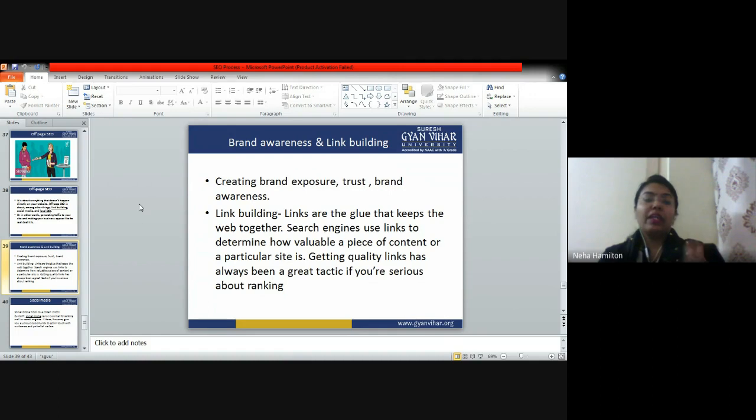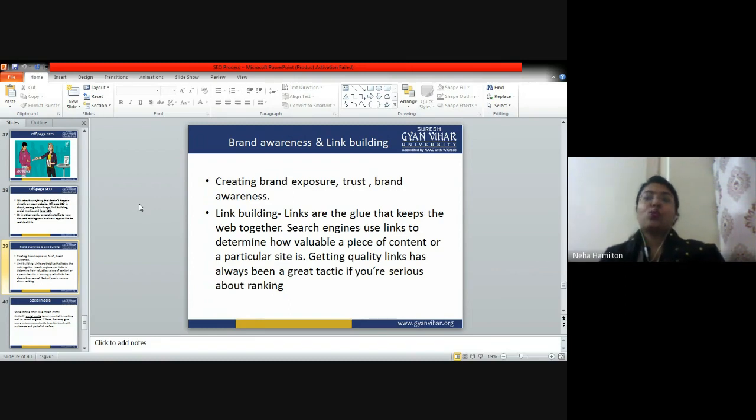Okay, links are the glue that keep the web together. Search engines use links to determine how valuable a piece of content or a particular site is. Getting quality links has always been a great tactic if you are serious about ranking.